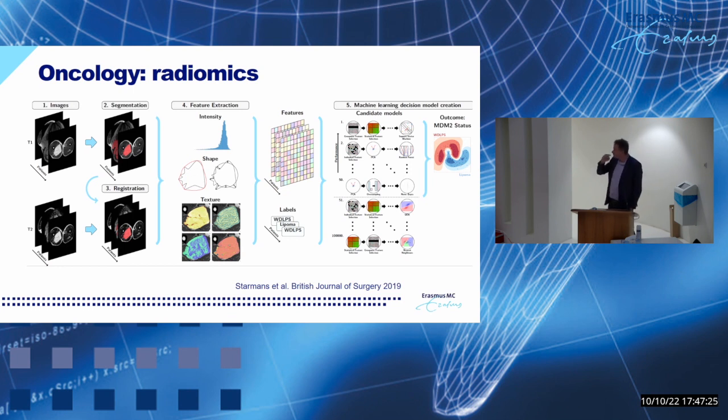Other examples in which we've turned the Erasmus hospital into a data science engine are in oncology. Martijn Starmans and other people have developed these radiomics pipelines. Basically, they try to predict all kinds of outcomes of tumors, and the way they approach it is always to rephrase what the input data are and what output we would like to predict, collect a large set of images, and then compute this enormous library of features and let the computer itself determine